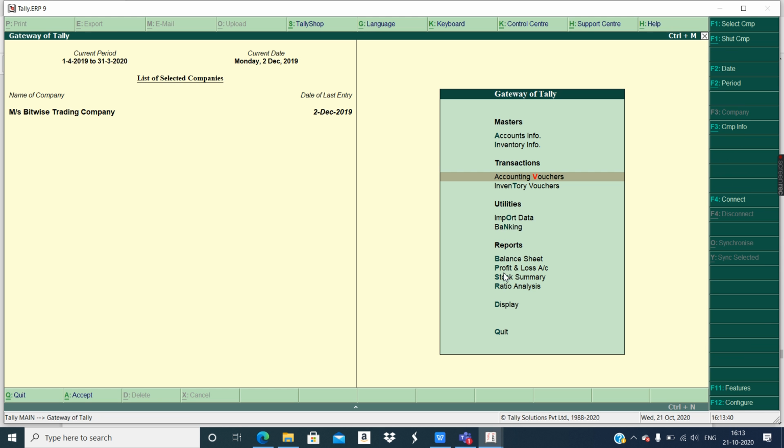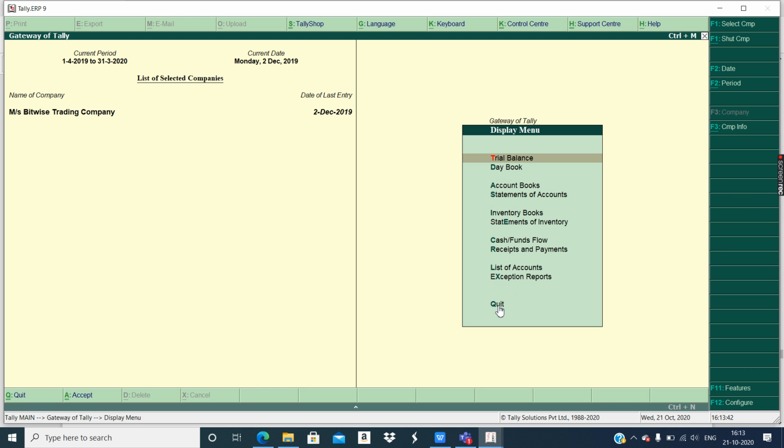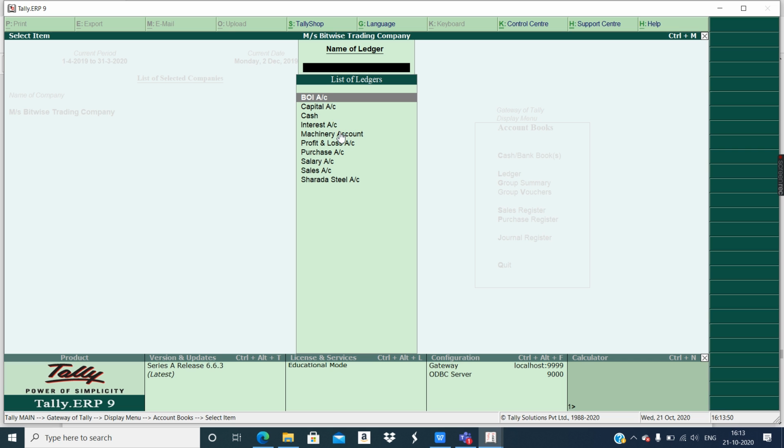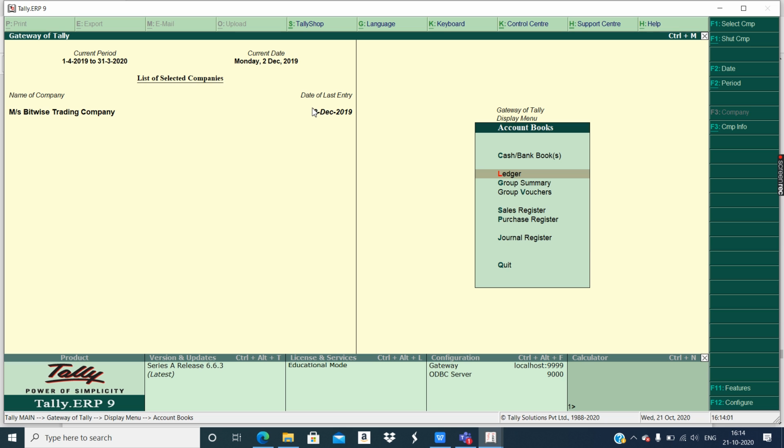Where did we go? We went in the display option, and then we went in accounts book. Here you have the option of ledgers. So in every ledger you can find which date, which voucher was entered. From there, if you want, you can make changes. All right, so all these entries are done.